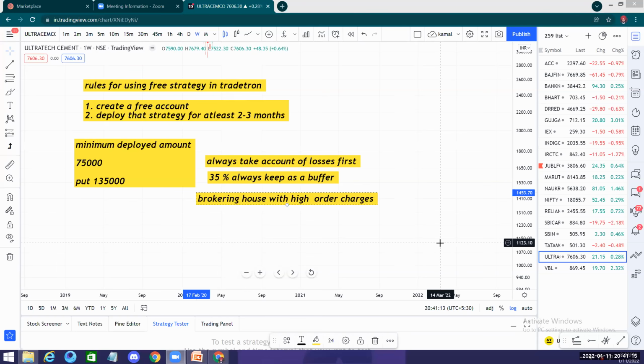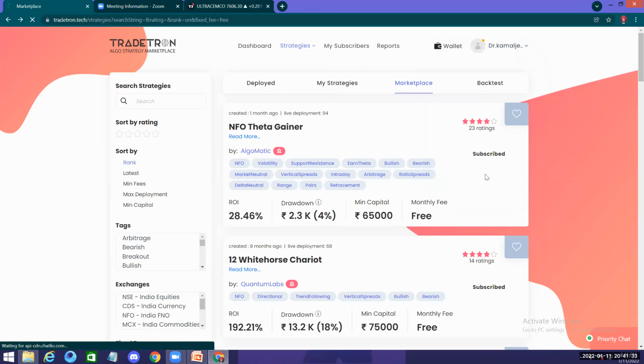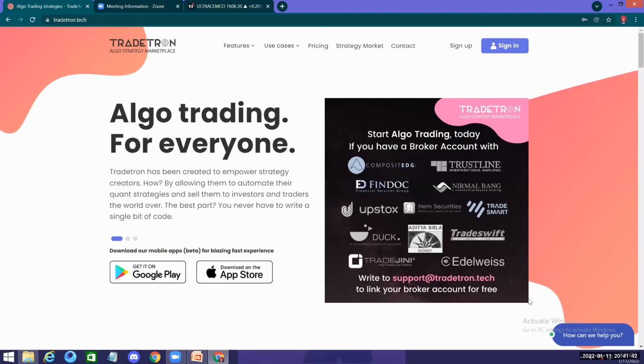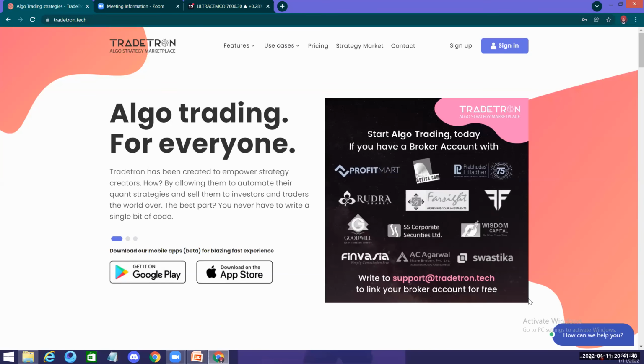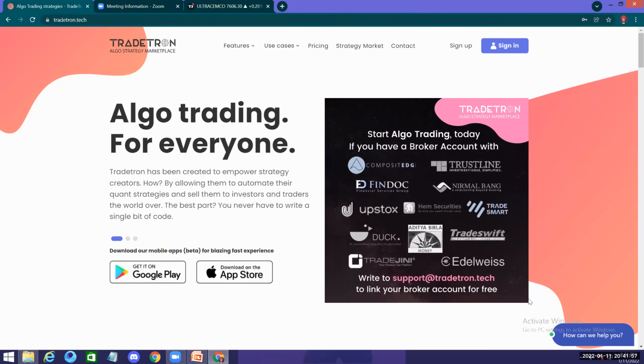For Zerodha, there is an issue: they charge 2,000 rupees a month for the API. So I personally feel that LSU and IIFL are the ones offering it free. Now, if you go to the Tradetron site and you log out, they have already tied up with all these brokering houses, so you can use any one of them. What I personally feel, the most stable are Zerodha, LSU and IIFL. The rest I have not tried, so I'm not saying they are not good. They may be very good, but since I've never tried them, I have no idea about them.